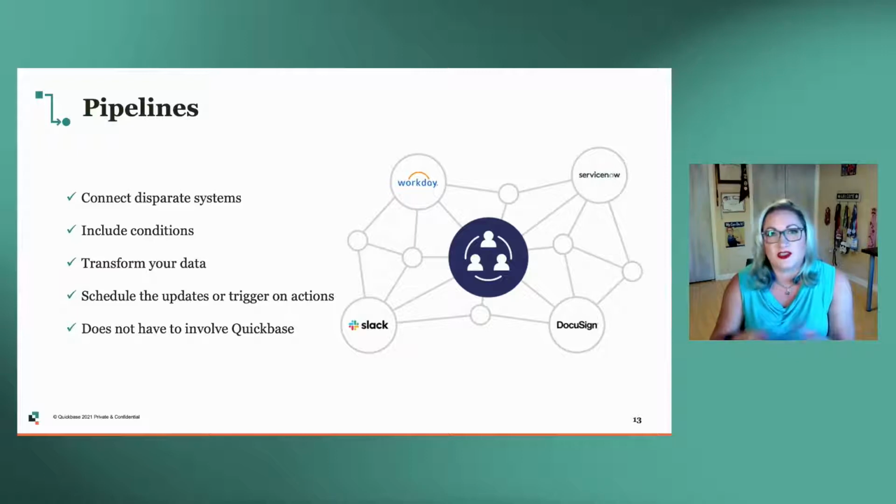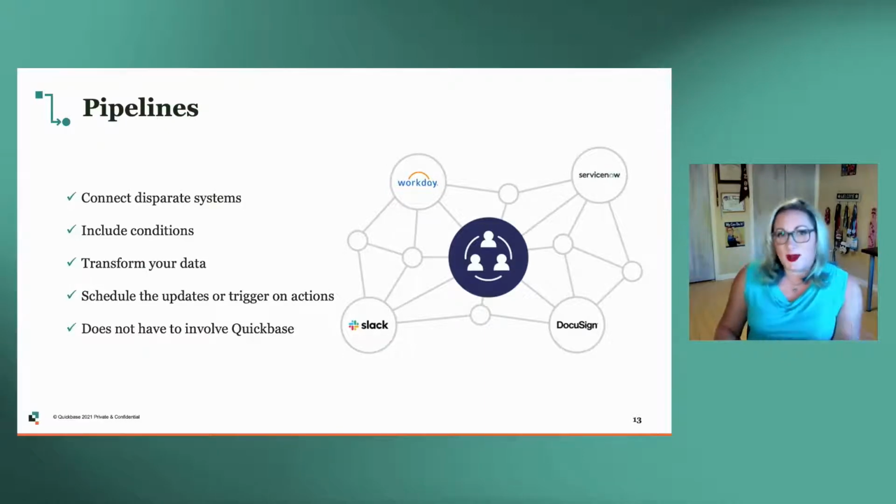You can include conditions on your call. You can put in filters. You can transform your data using Jinja within your pipeline to make changes. Similar to automations, which I'm sure you've all heard, automations are being phased out over the next couple of years. Some people are really upset. I'm not, because pipelines is going to answer all the questions that you had that were answered by automations initially. Similar to automations, you're going to be able to schedule your updates, trigger on actions, on add, on edit, those